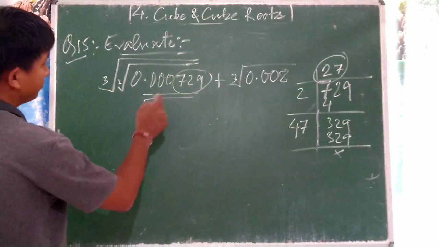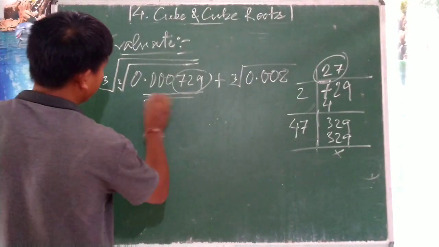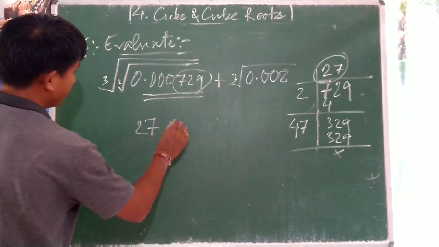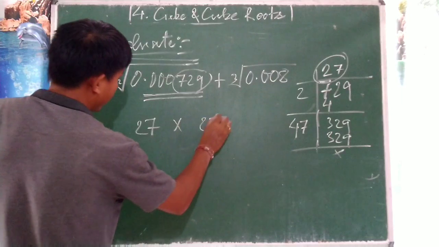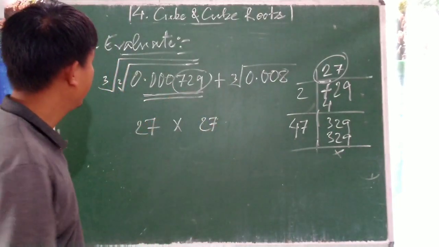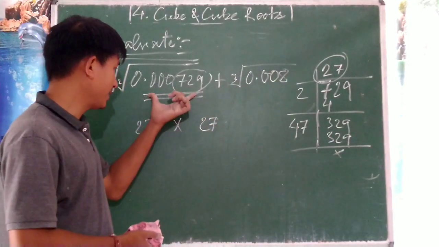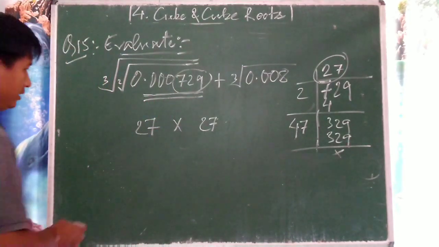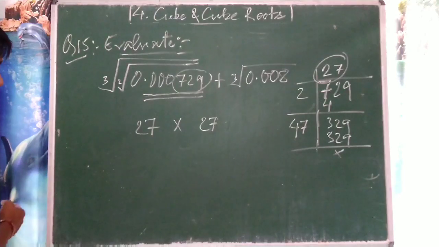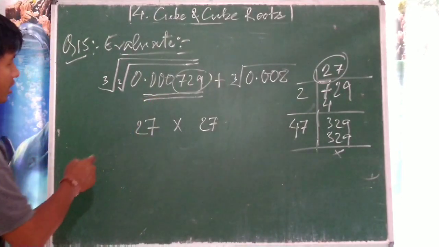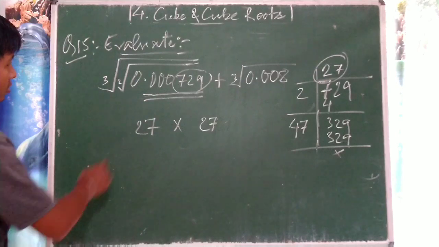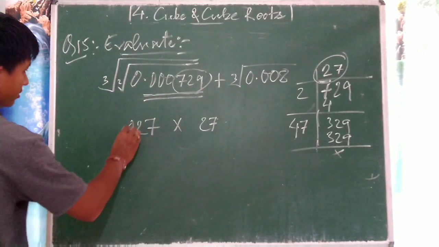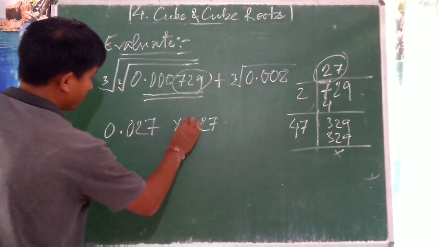We got to know this 7 3s are 27 into 27. Okay, for this 7 3s. But this is up to 6 decimal places. So you already studied this in class 7. You have learned in previous classes how to get the solution of this kind of problem. So this up to how many? 6 decimal places. So put this also to 6 decimal places.